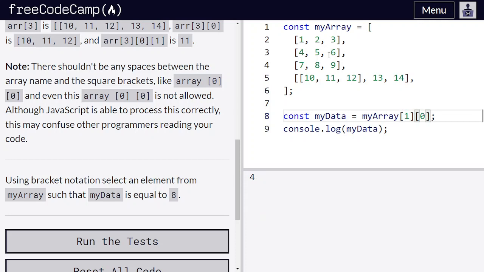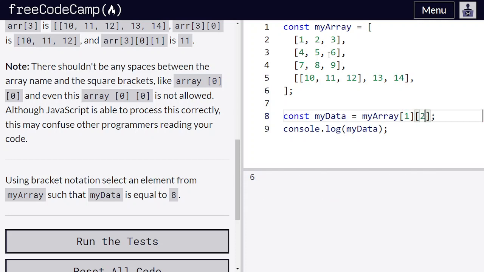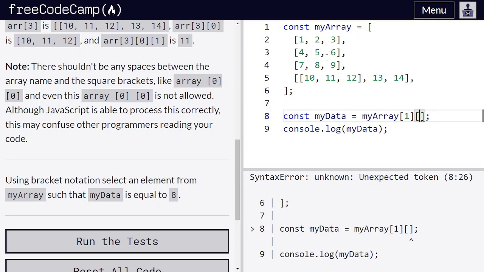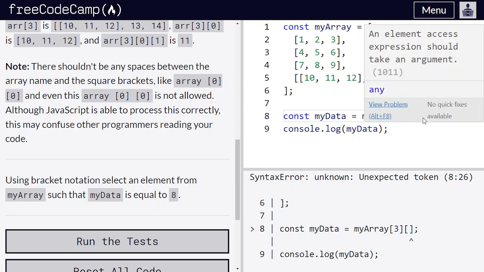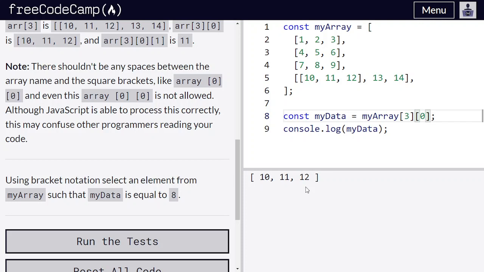Now here if we type 2, then we'll get 6. So it is like that. Now if you type 3 here and 0 here, then we will be getting 10, 11, 12, because this is the first part of the fourth entry.